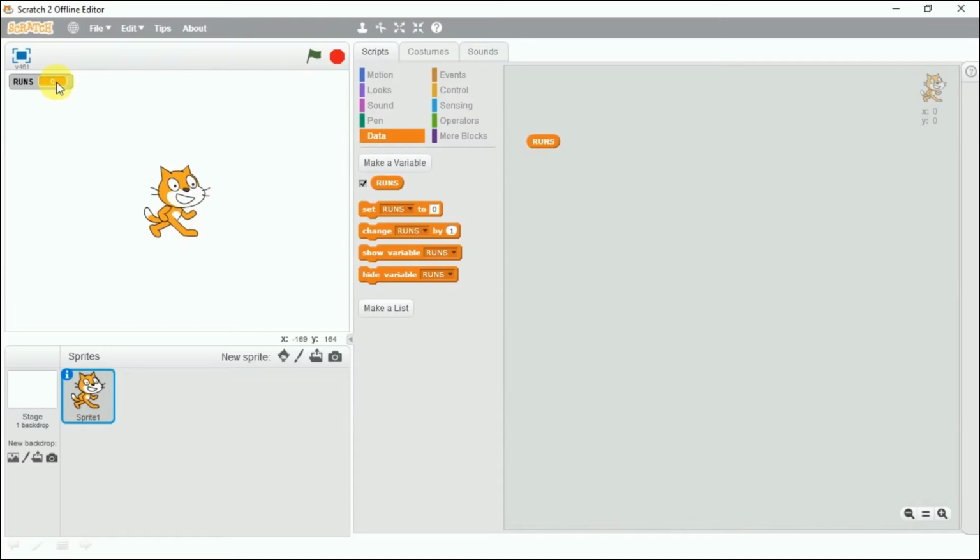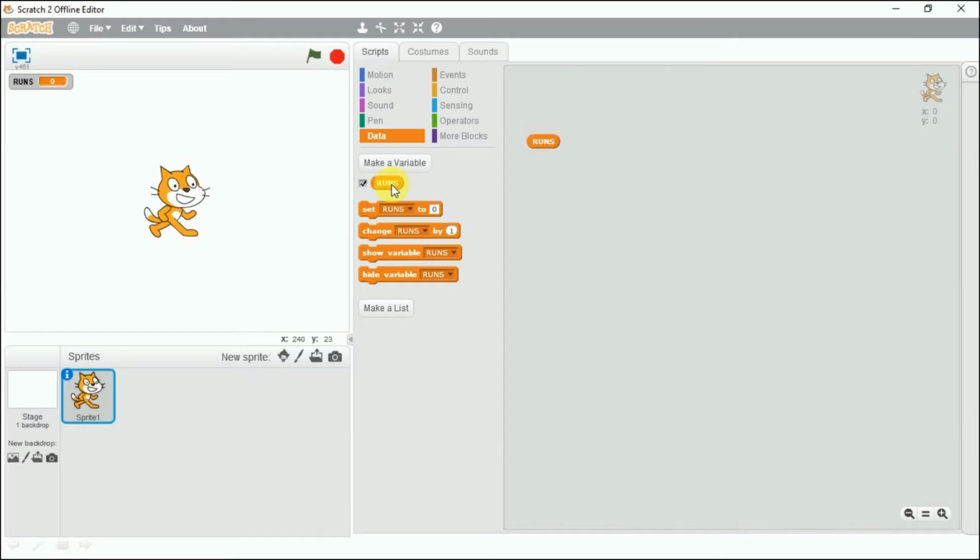If I right click on the stage, where this block is displayed, I get to see 4 further options. This is the normal readout, the normal way of reading out. If I choose the second option, large readout, it would appear like this. If I use a slider, it will slide as the value increases. And if I want to hide it, I can hide it. The moment I check it, it will be displayed, and I'll make it back to the normal readout. So I hope you are clear with the function.